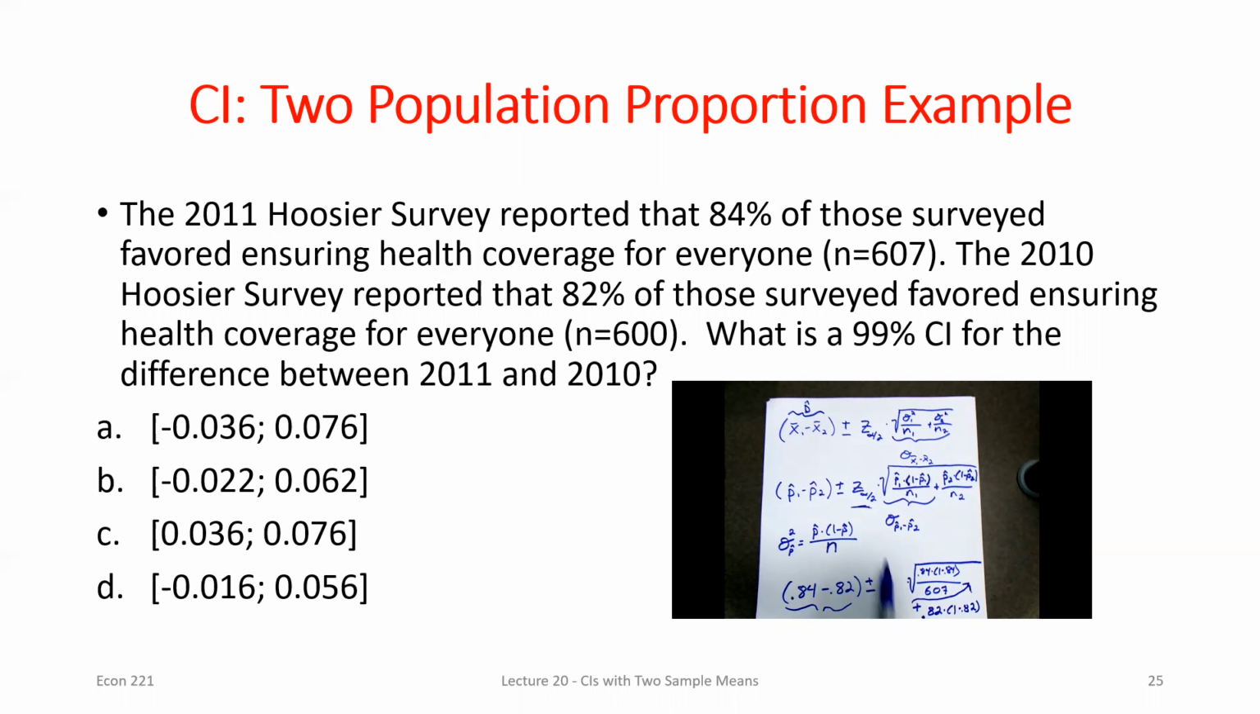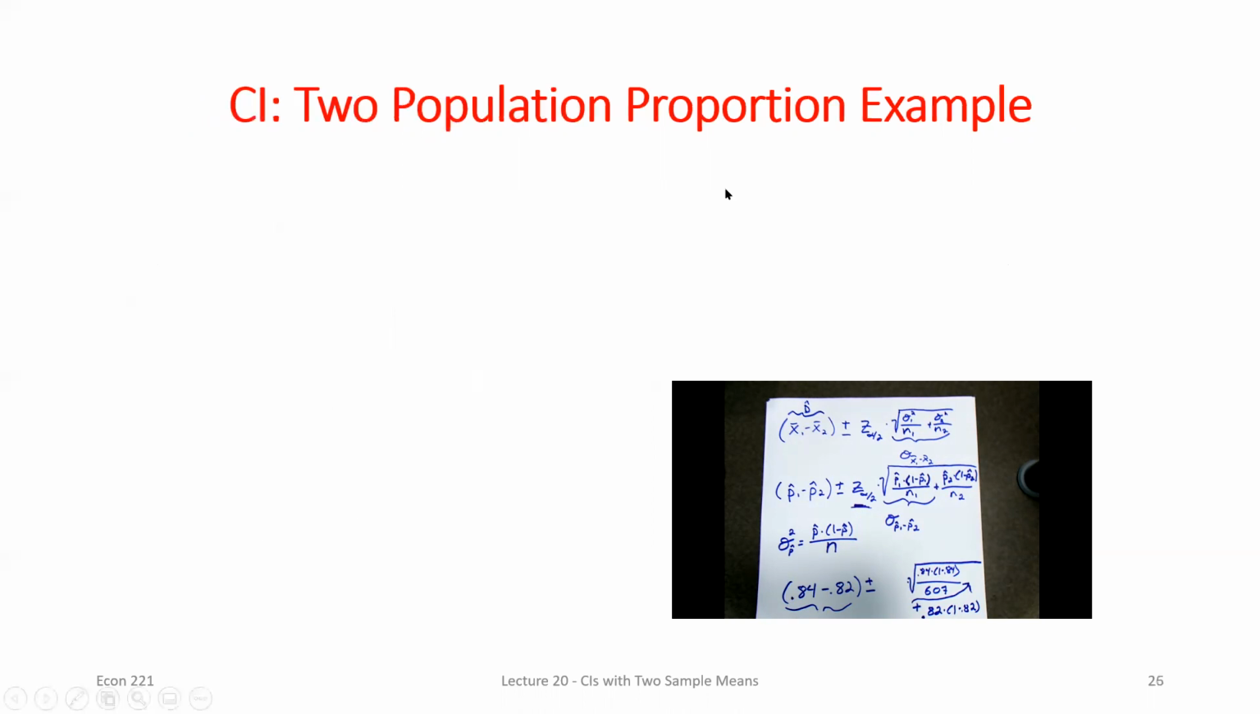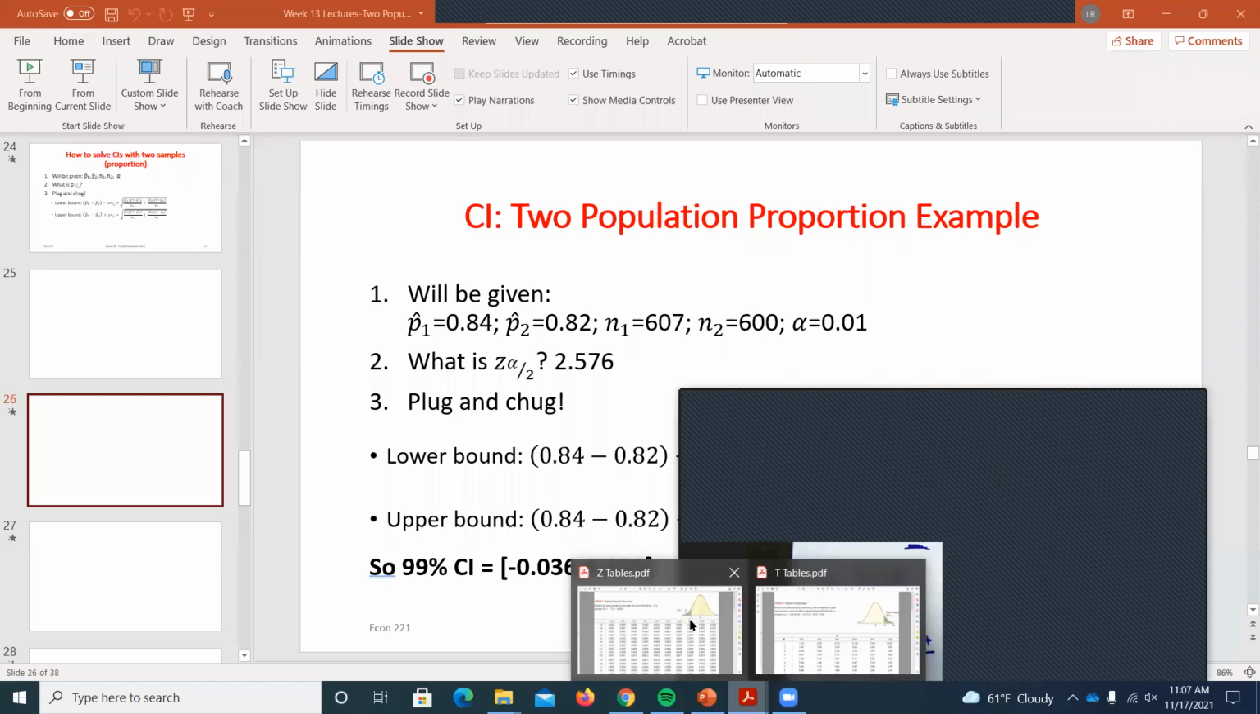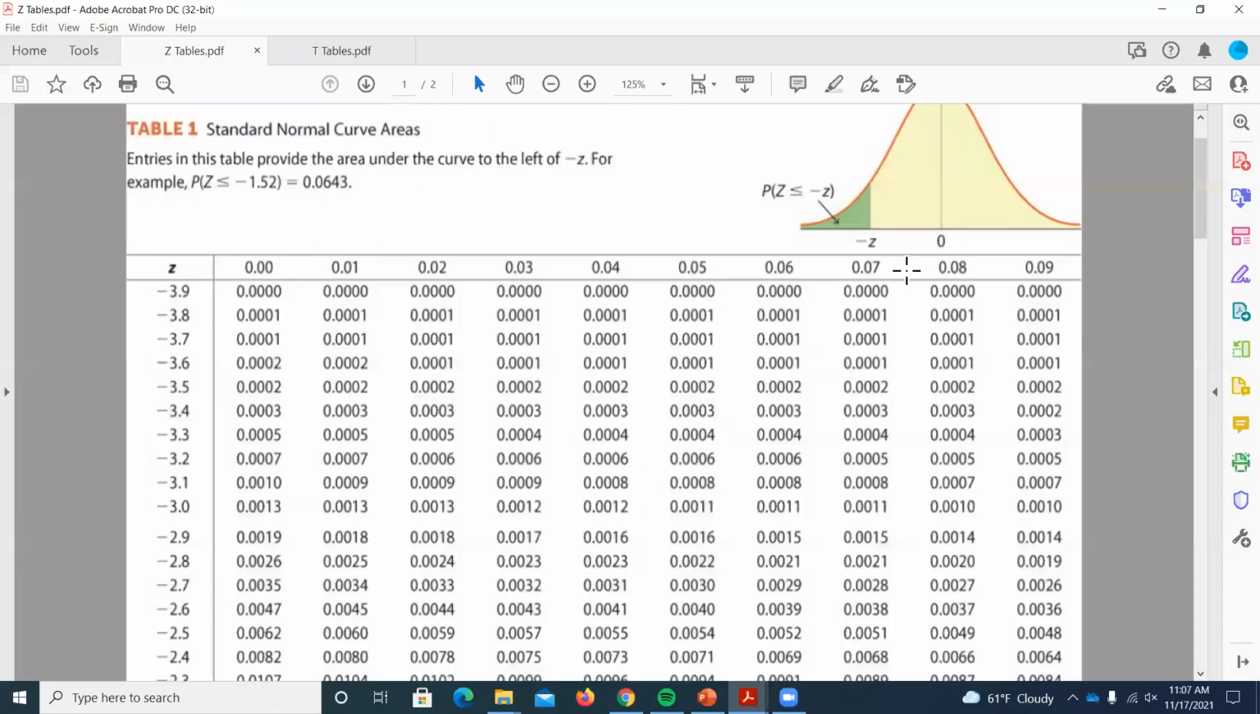So the last thing we have to do is look up, well, how many standard deviations away do we need to go? So I want the 99% confidence interval. So I'm going to go to my standard normal tables. I want to look up alpha divided by 2. So for the 99%, let's